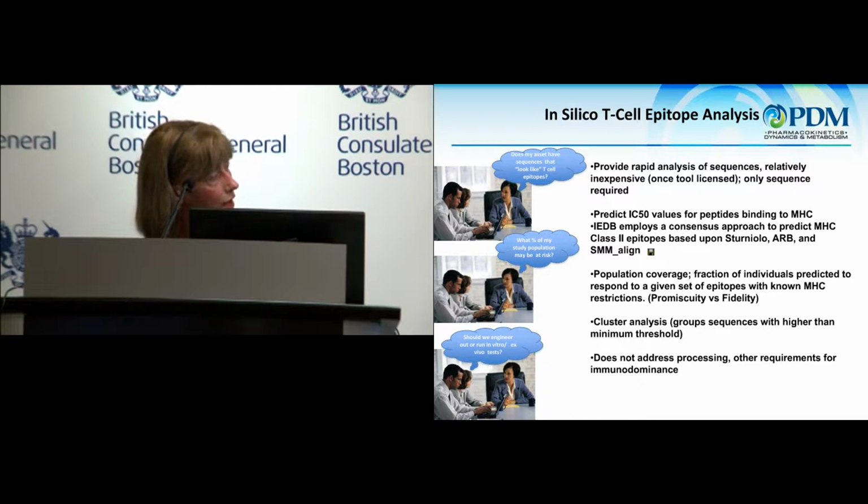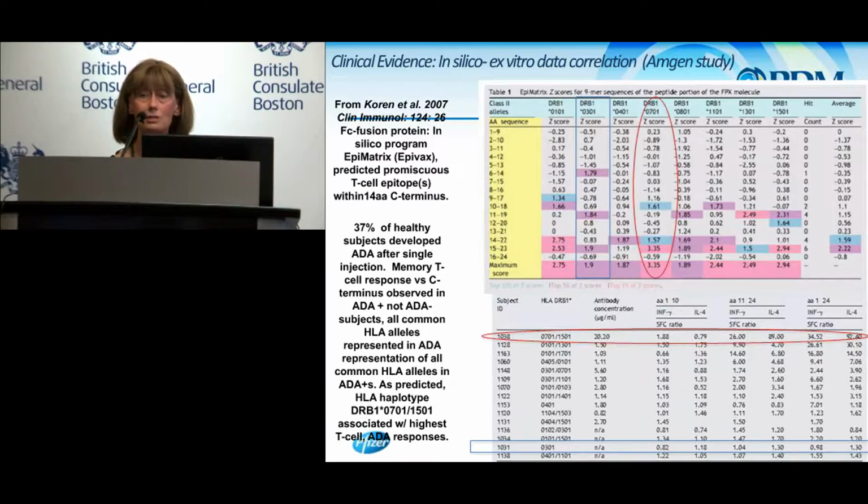And you can answer a lot of these questions from a lot of the programs. So once you actually invest in the technology, it then becomes less expensive to do it. But it doesn't address things like processing at this point or other requirements for immune dominance. There is some evidence that it works in some cases. As others have said, there are certainly examples where it hasn't been predictive, but this is probably one of the